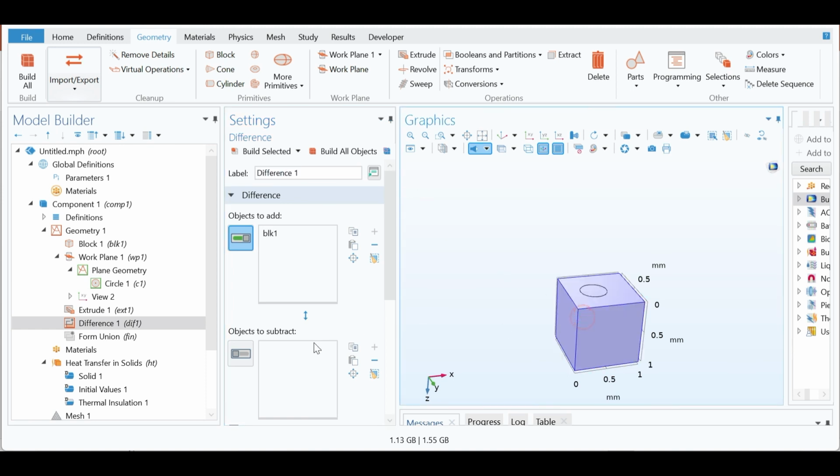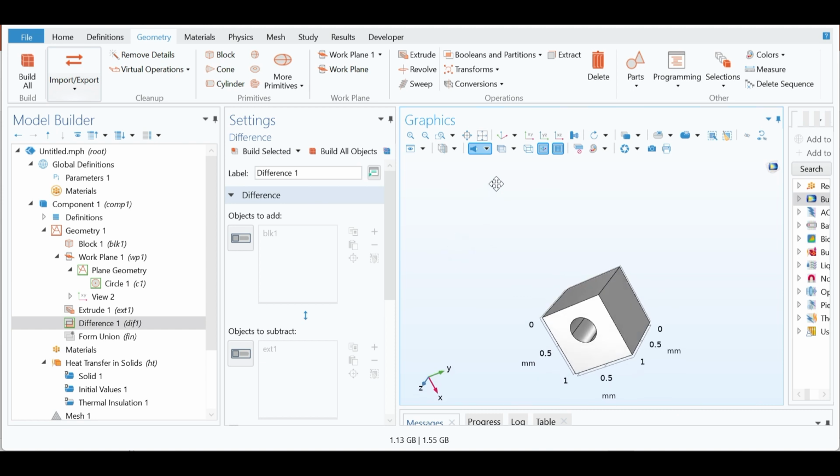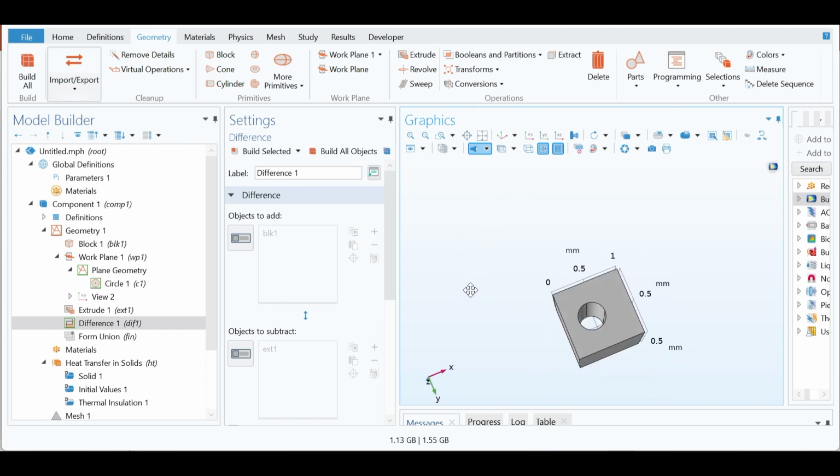I am choosing this object, and this is disabled at that time, and now I am choosing this, so this will be disabled, and I have to choose this. Okay, I have chosen this, so this is the block one, and this is the extrude one. Okay, so now I have to click on build selected, so we can see that from here our hole is